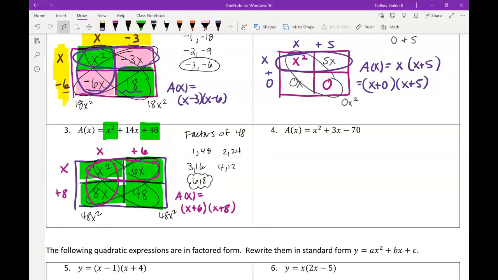All right, and then lastly, in number 4, I would encourage you to try these on your own and then check them, but if you still need help with number 4,